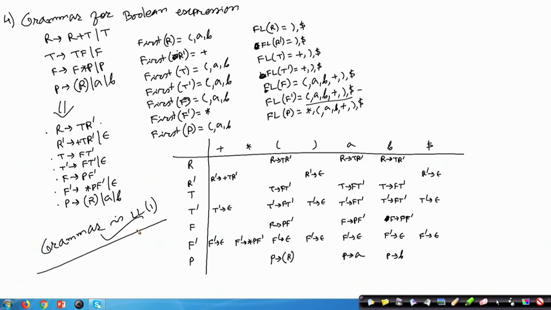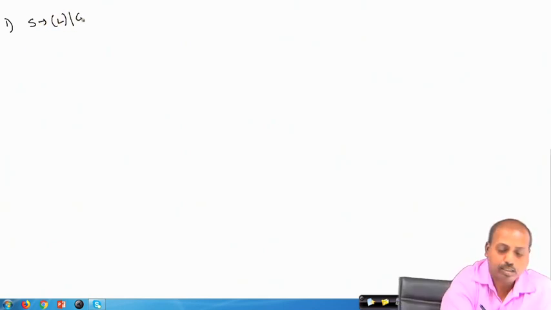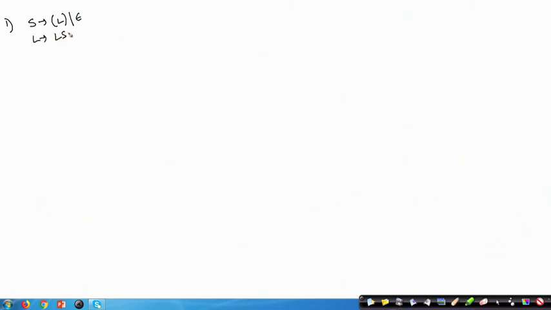Next we will be doing a few exercises on working with the LR parser. We have seen the LL parser examples. Next we will see some LR parser examples. In that category, the first example that we take is a very simple grammar, S producing within bracket L or epsilon, and L producing L s or S. The question is to construct the SLR parsing table.